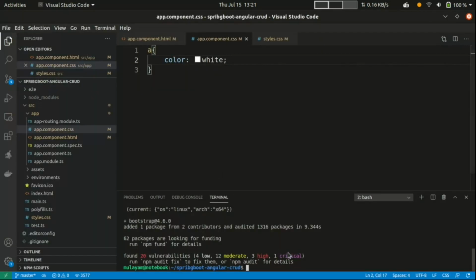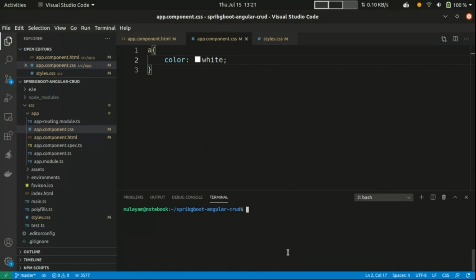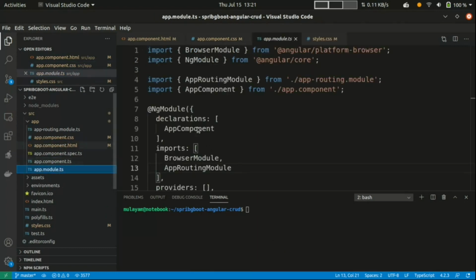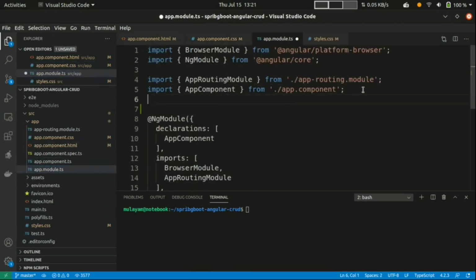Okay, so when I click on this student list, I want to load a student list page here. When I click on add student, at that time I want to load one page or one form to add a student. Okay, so the next thing is, I want to add one dependency. I want to make a backend call. So open app.module, and I need to import HttpClientModule. Using this I can call an external API. So from this application I have to call the backend API.